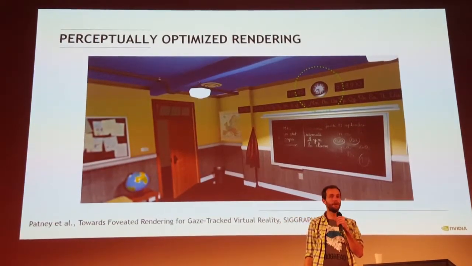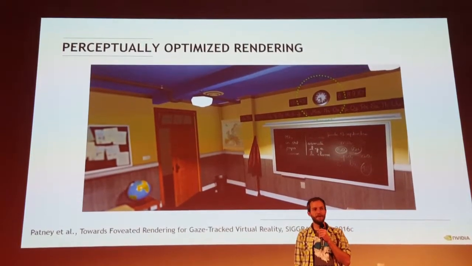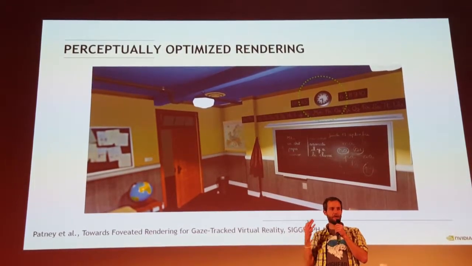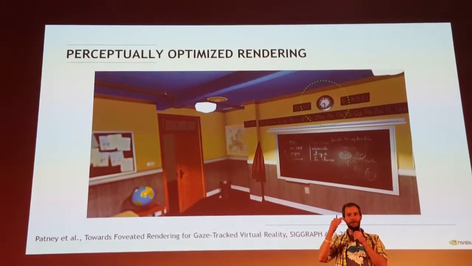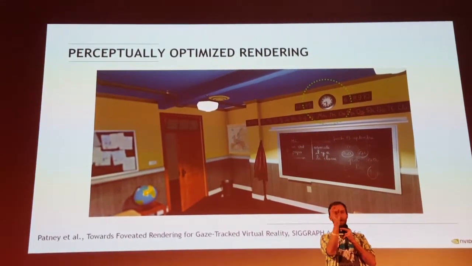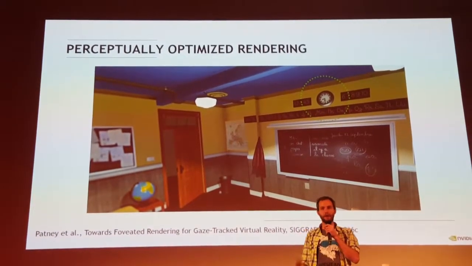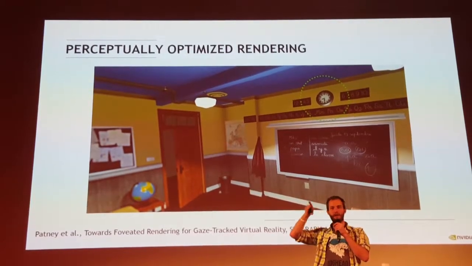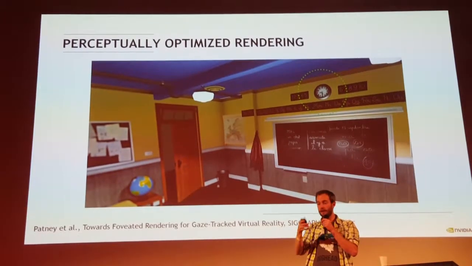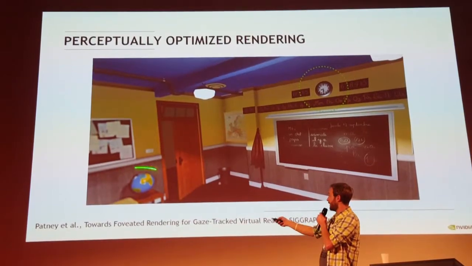To save on performance, we're actively developing a foveated rendering system. That means that right now, in a virtual reality headset, you render everything at high resolution, but your eyes actually aren't really used to that. Your eyes have an area of about 30 degrees, which is called the fovea. That is super sharp. Everything in the periphery is actually super blurry. And you can leverage that by using eye tracking to see where a user is looking on the display, and then only rendering the part where he's actually looking, in this case, the clock up here in full resolution, and render other parts of the image at lower